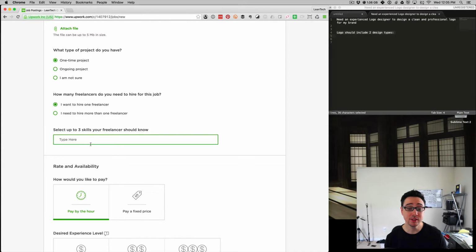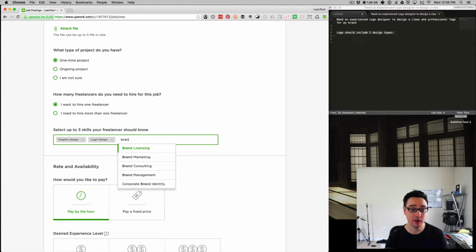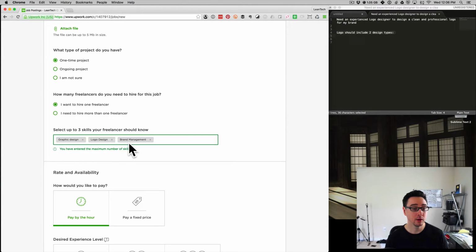And select up to 3 skills your freelancer should know. So graphic design is one of them. So there it goes. Graphic design, logo design, branding. Okay, maybe that is not brand management. Okay, brand management perhaps. Okay, so these are just some of the keywords that you can plug in there